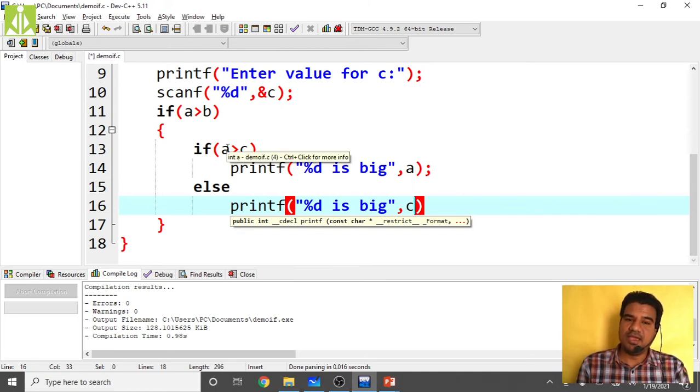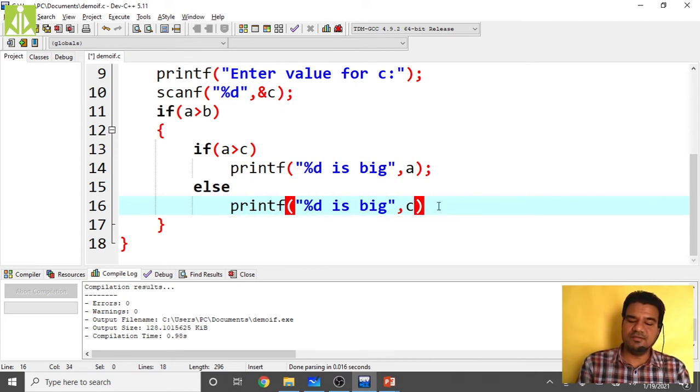If a, which is already bigger than b, is smaller than c, automatically what does it mean? b is also smaller than c. So once again, no need to check b and c. With that, directly we make a statement that c is big.